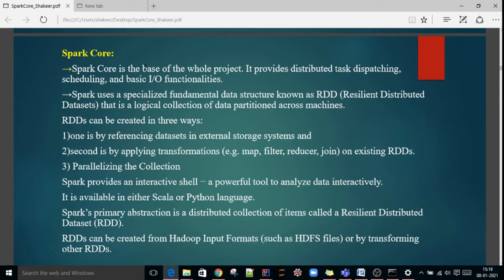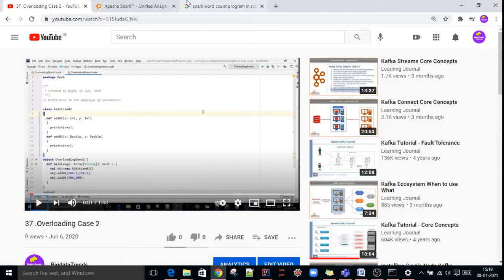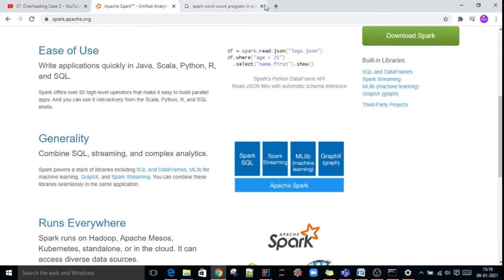So Spark Core is the base of the whole Spark project. It provides distributed task dispatching, scheduling, and the basic I/O functionalities. Okay. So in Spark architecture, where it comes is, if you go to spark.apache.org website, you can see the architecture diagram of Spark.